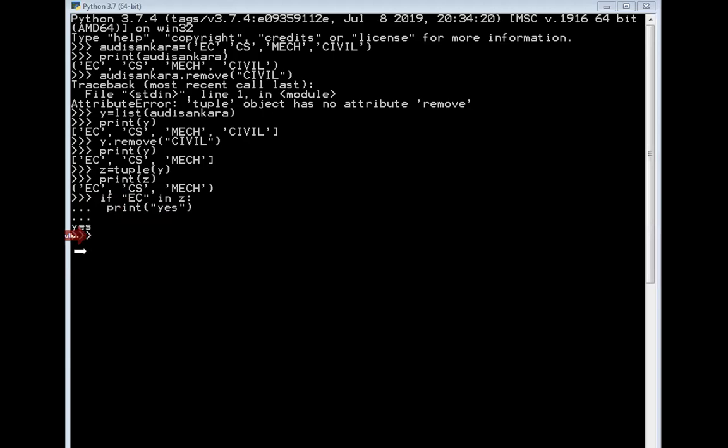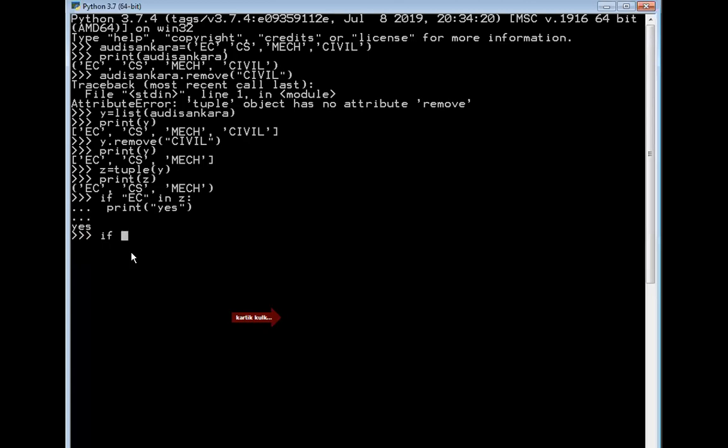Now we'll check for an element which is not going to be present. We checked that the EC is already present. Now we will check whether another branch is present in this tuple, so you will get a clear idea.